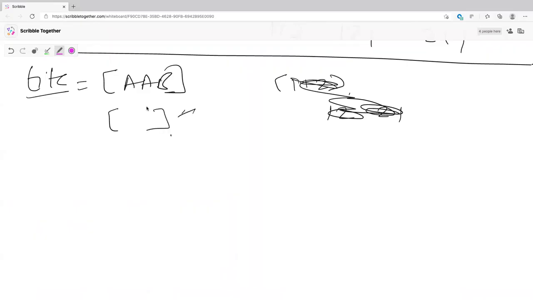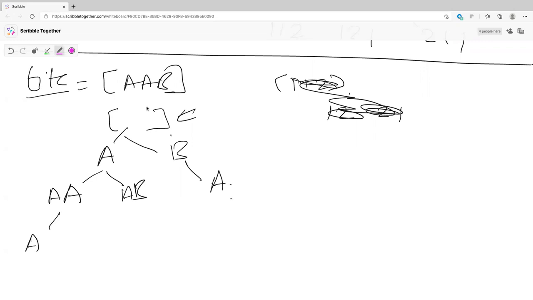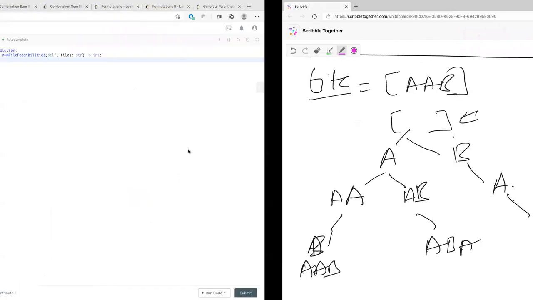Okay, we start from the empty array. What are we going to have? We can have first A and B. And from A, what do you generate? You generate AA, and then you have AB. So basically, this is your AA and this is your AB, right? And from B, what can you have? You can have only one A, right? And from here you can have one more B. So it will become AB here. This will become ABA, and this will become BA by adding one A, right? So BA is also the answer.